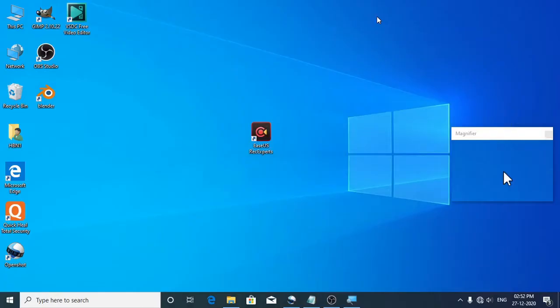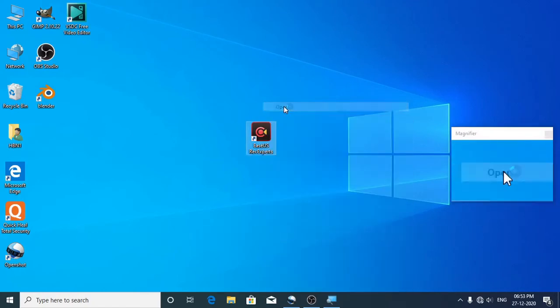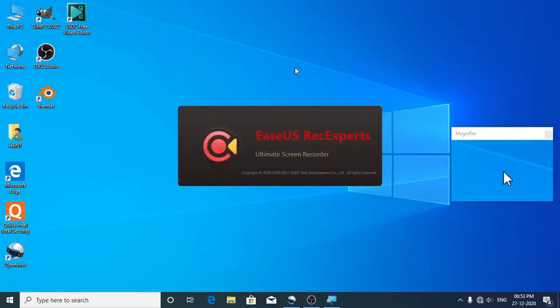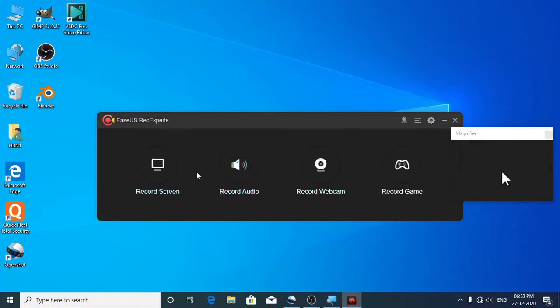Now let's have a look at the first topic, how to screen record using EaseUS Rec Experts. First, launch EaseUS Rec Experts. Once you launch this application, you could probably see these four options.